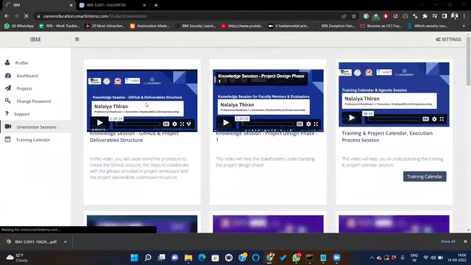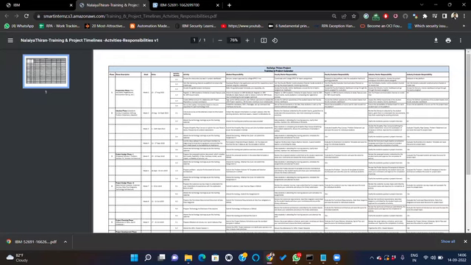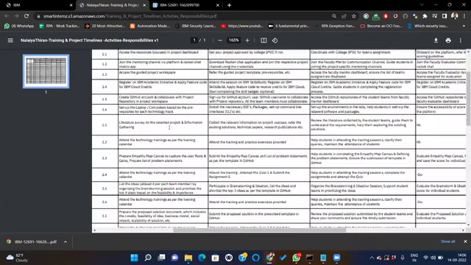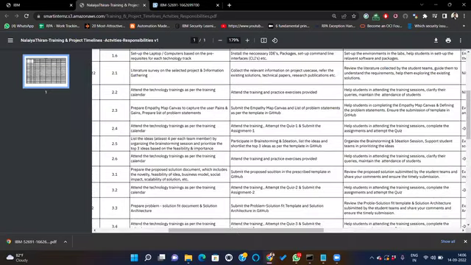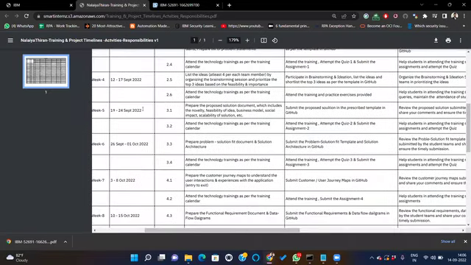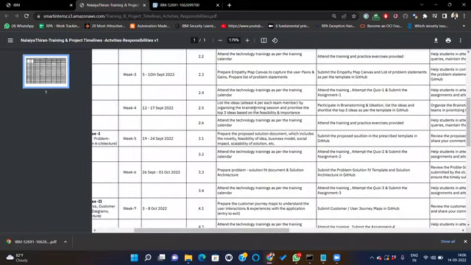If they go to the orientation menu and click on training calendar, they have access to this calendar, wherein we have shown what tasks are to be completed. Today is the 14th of September. So they are in their week 4, where they have to work on listing down their ideas.